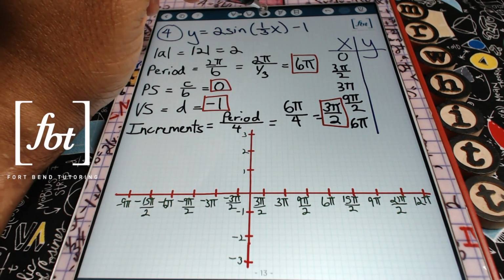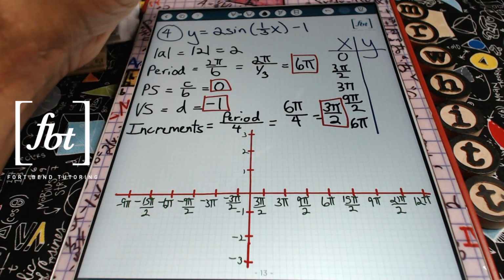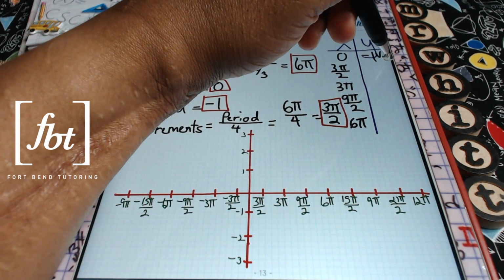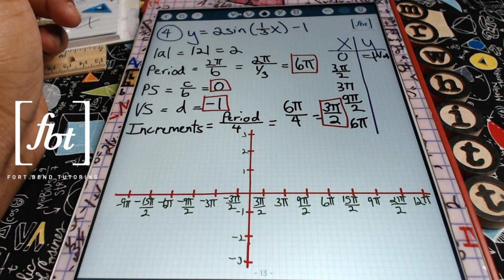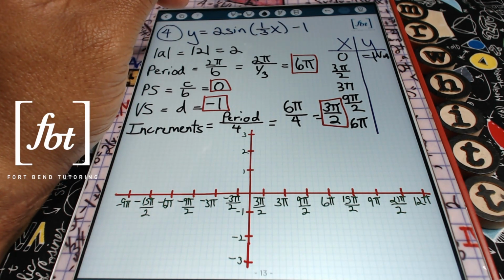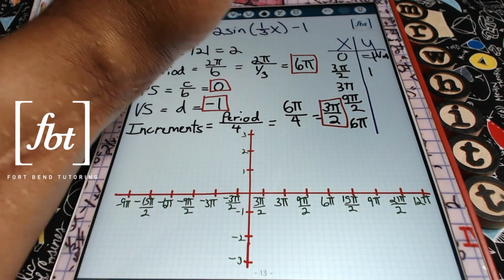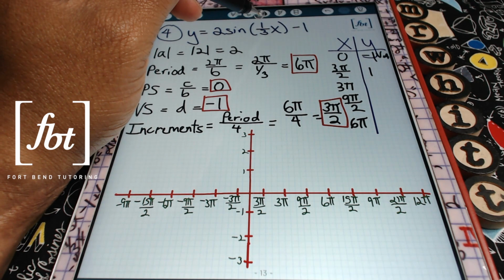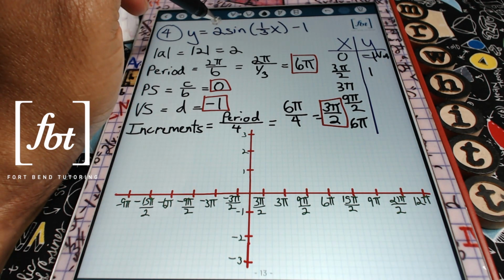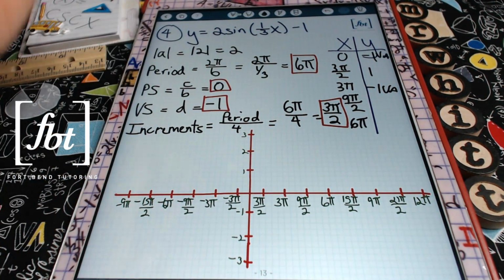Plugging in 0, 1/3 times 0 is 0, sine of 0 is 0, 0 times 2 is 0, and then 0 minus 1 gives me a result of -1. And let's not forget that this is going to be where our vertical asymptote will occur. Then plugging in 3 pi over 2, 1/3 times 3 pi over 2 is pi over 2. Sine at pi over 2 is 1, 1 times 2 is 2, and then 2 minus 1 gives me a result of 1. Plugging in 3 pi, 1/3 times 3 pi is pi, and sine of pi is 0. 0 times 2 is 0, and 0 minus 1 gives me -1, and this will also have a vertical asymptote